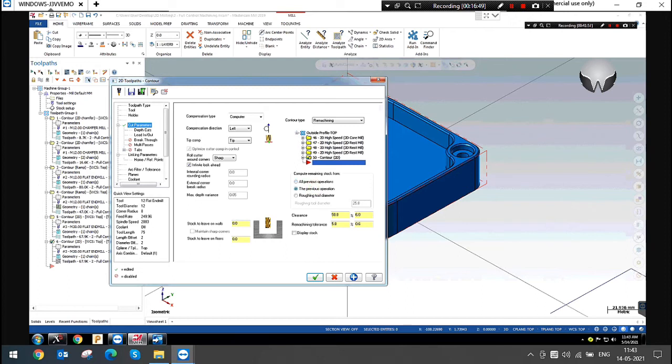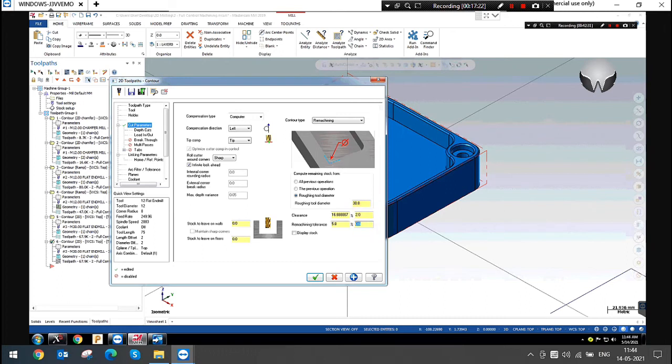If you select the previous operation, it means before that, or you can also give the tool diameter. Next, this is a clearance to start. If you need a clearance value, you can give the clearance before the stock. It will plunge 2 mm before it.